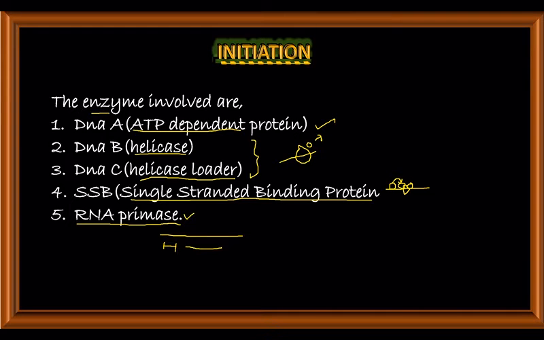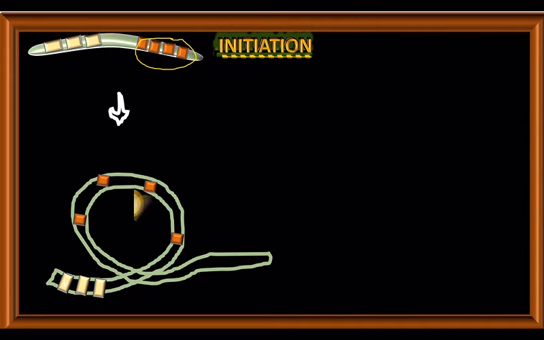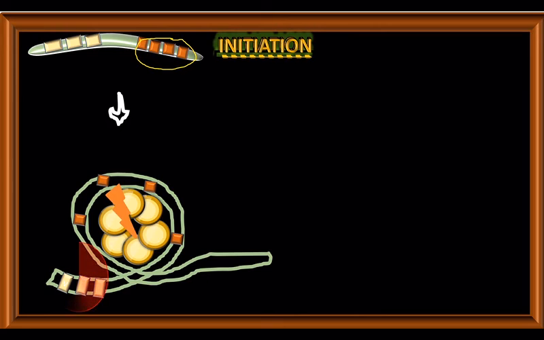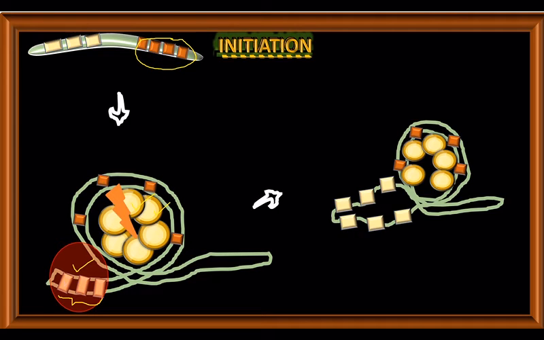Here you can see the OriC site. This is DnaA. Nearly 6 to 16 DnaA will be binding to the 9-mer and then it forms a loop structure. When ATP joins with DnaA, that is, with each DnaA, the ATP interacts and then it raises the temperature, which leads to melting the DNA at the 13-mer position. Here you can see the 13-mer position is melted and it forms the replication bubble. So here you can see how the DNA replication starts at the replication bubble.